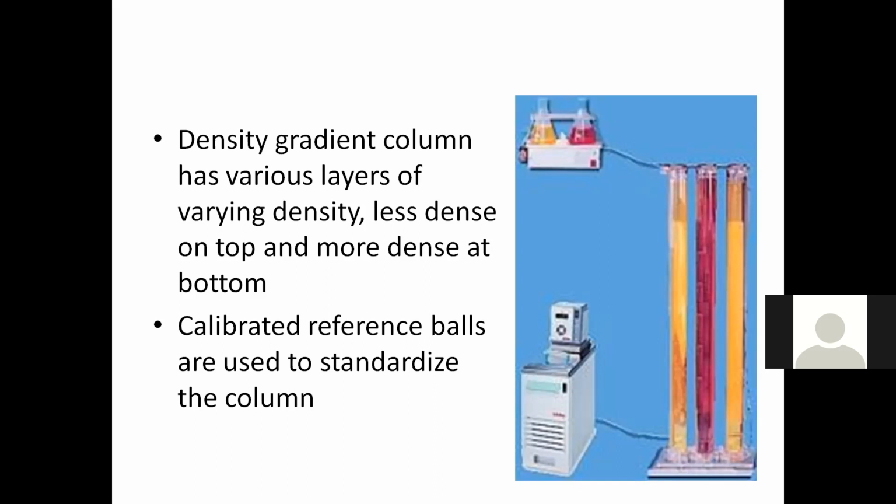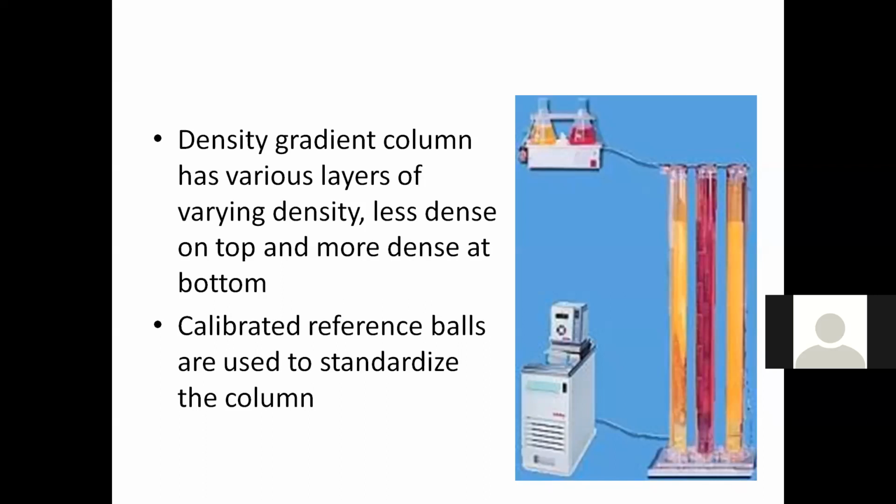So when we prepare the column, this device is used. In both flasks, we keep two different liquids which have different density. Suppose you want to prepare a column for the measurement of nylon 6, nylon 6,6, and all these types of fibers which have density 1.10 to 1.3 or something like that.